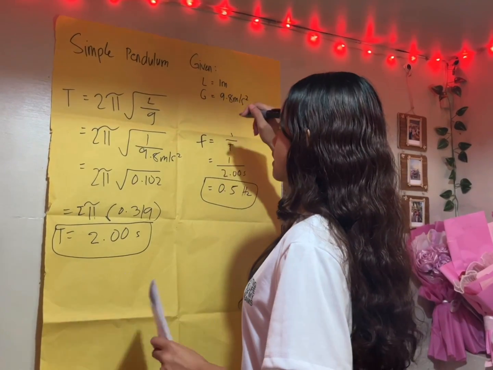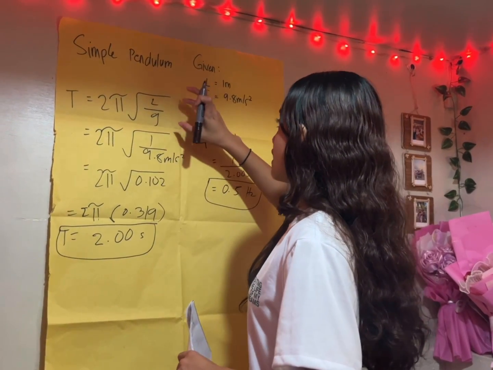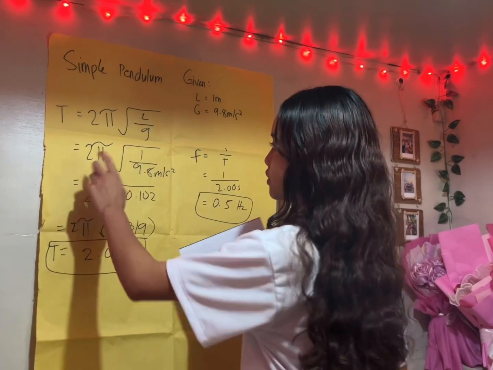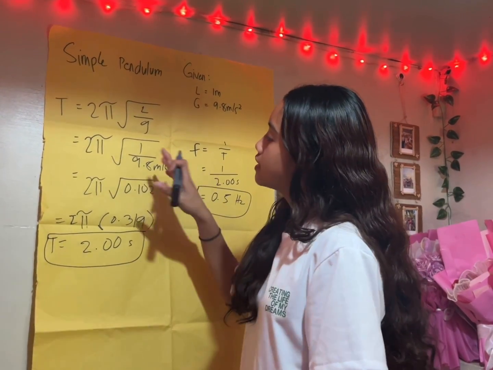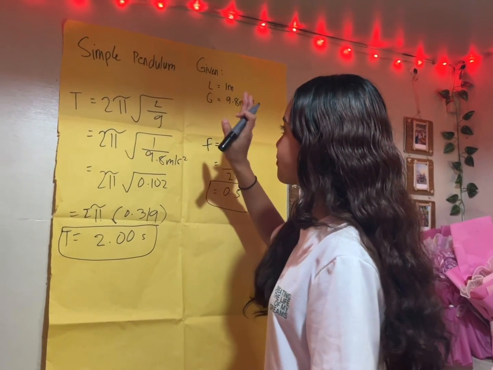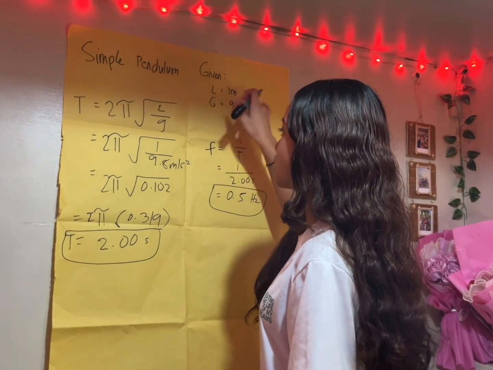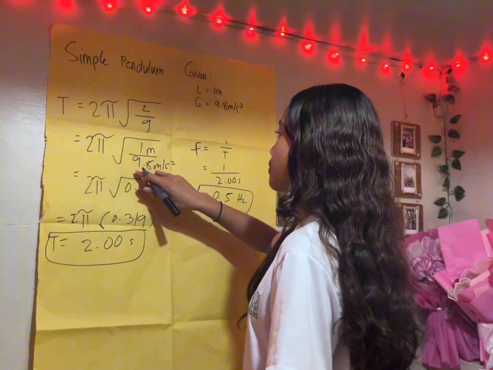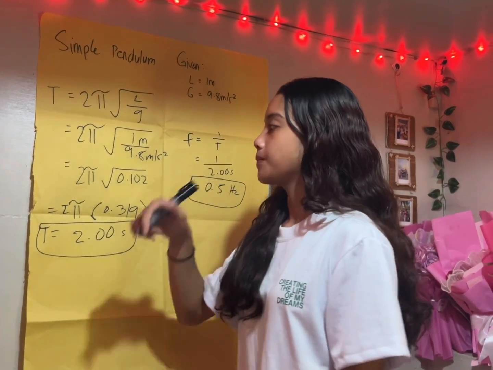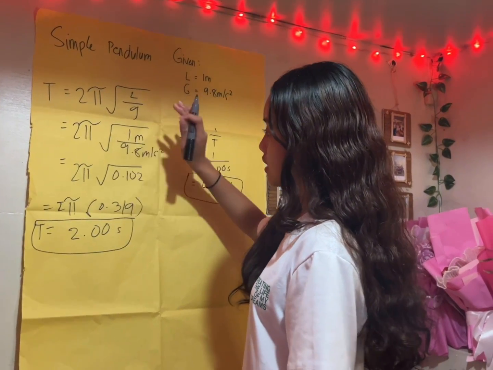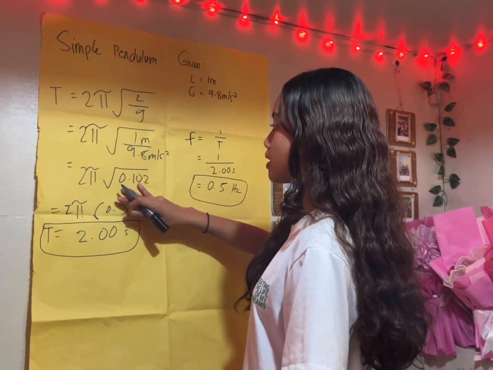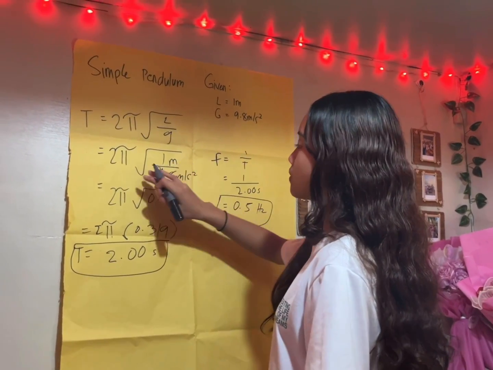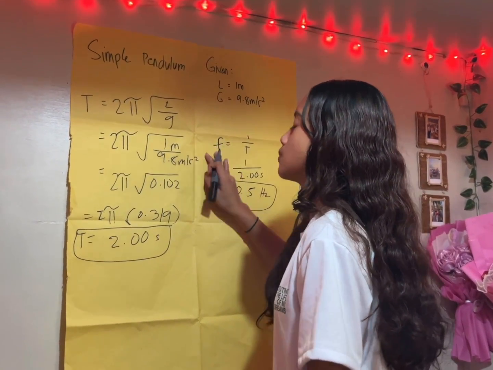The difference is the length over gravity. So 2 pi square root of... the length is equal to 1 meter, then gravity is 9.8 meters per second squared. So 2 pi square root of 0.102, that's because 1 meter over 9.8 meters per second squared is